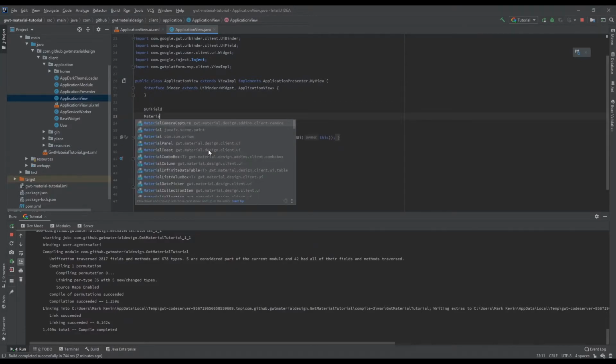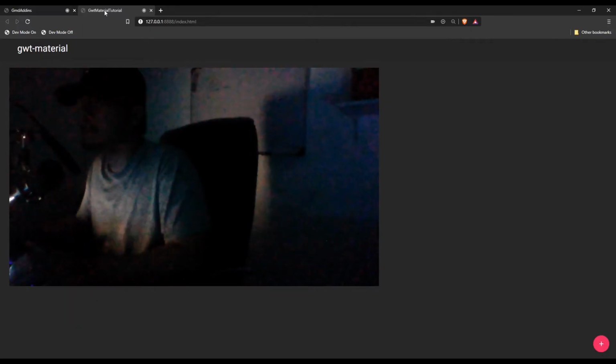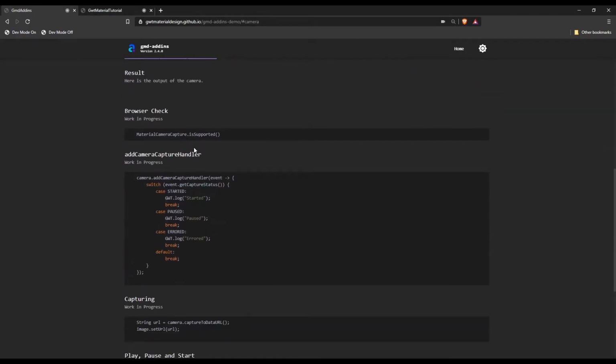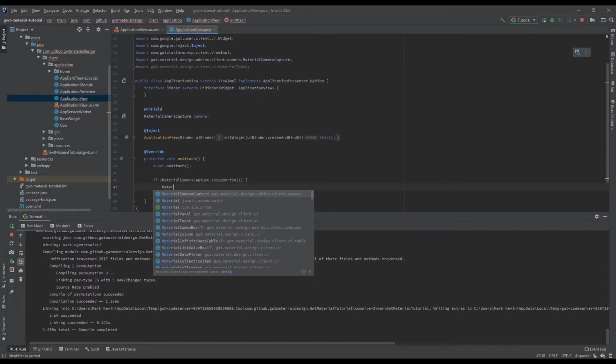So here let's define material camera capture, and upon attach you can just toast if material camera capture is supported. Oh, this is static. So material camera capture that is supported, then we can just